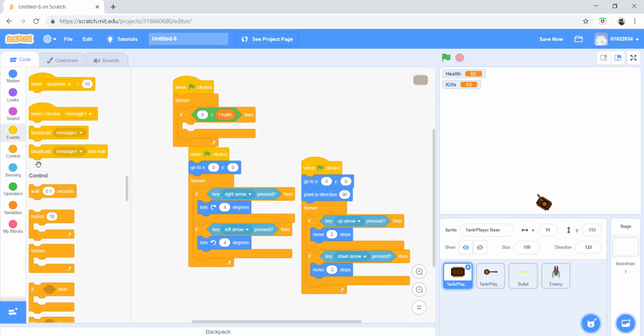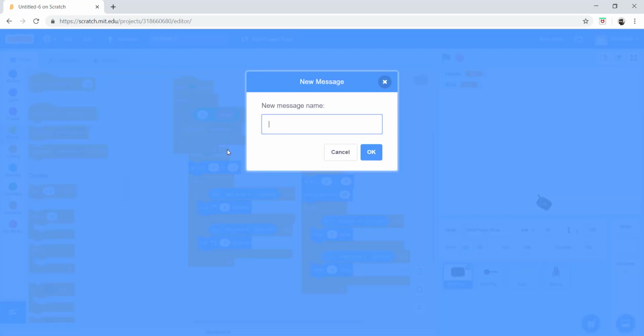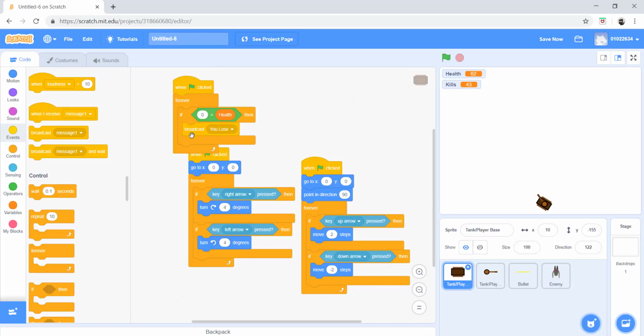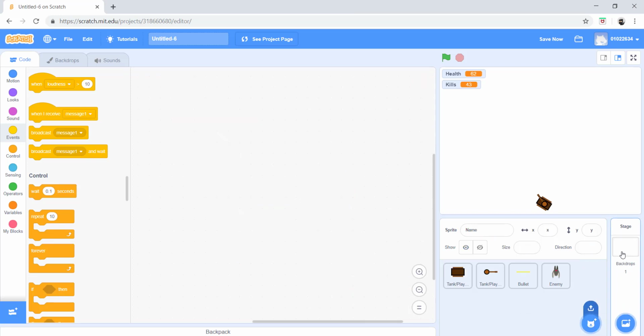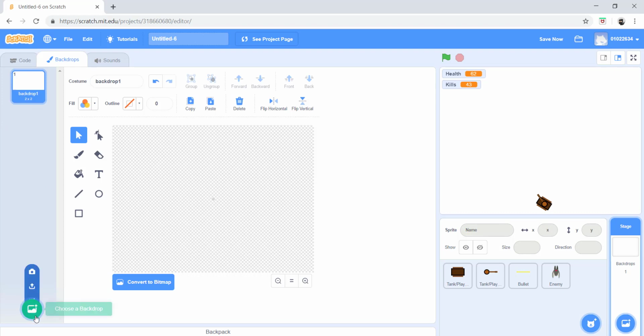And let's just broadcast you lose. And when you broadcast you lose, we can go to backdrops, and let's just create another one, save